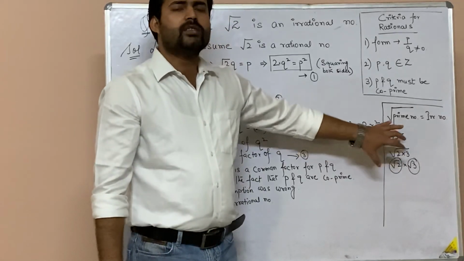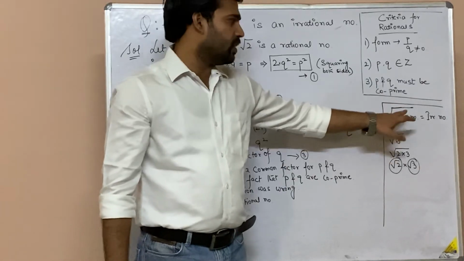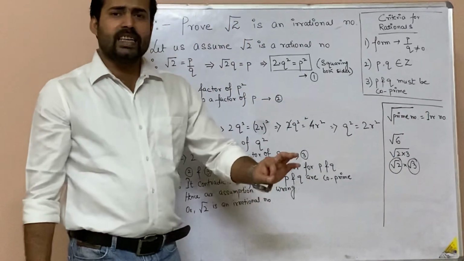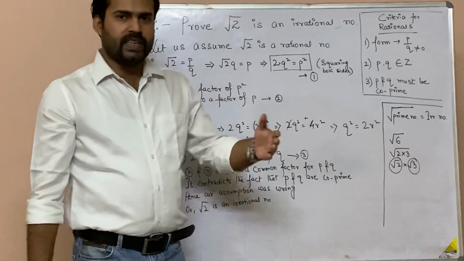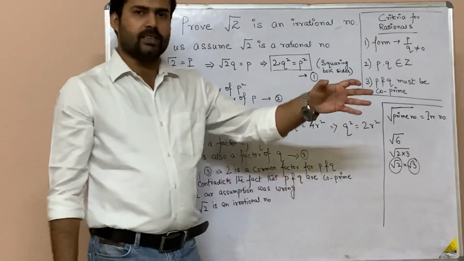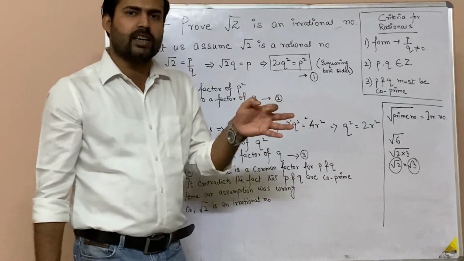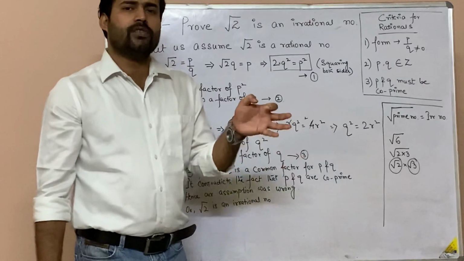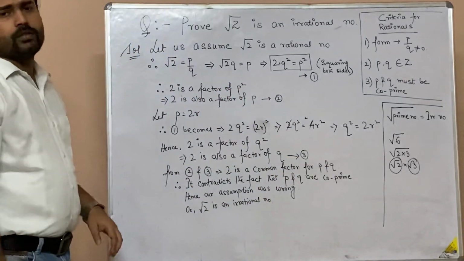So similarly, you just remember one thing. Any particular prime number which is there inside the root is an irrational number. Or any other number which is not able to get out of the root. We take the numbers out of the root if they form pairs. So if pairs are not there, if the number is left behind and it is confined inside that square root, that will always be an irrational number. So please pause the video to note it down.